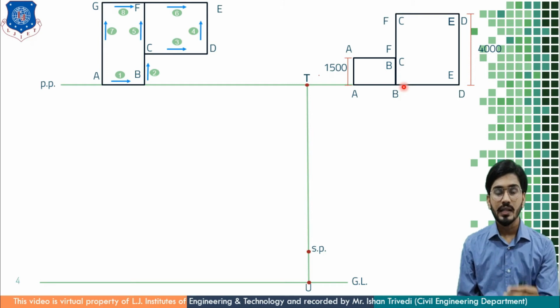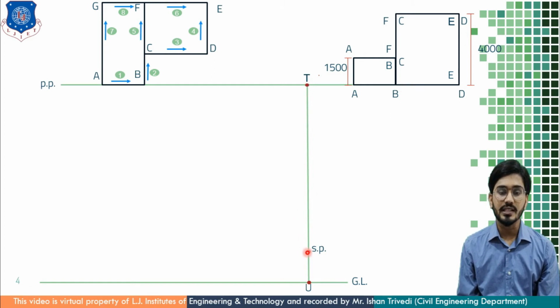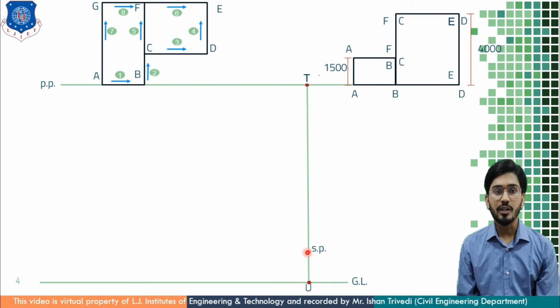But later on, as we go further away, the things will be clearly defined. Now, what I've done, I have done this T to SP distance, that is 12 meter, and in your sketchbook it is 12 centimeter distance. Now, what is the key point of one point perspective drawing?